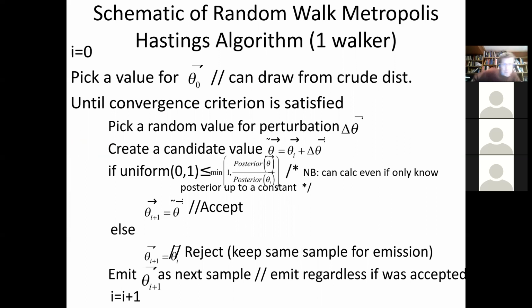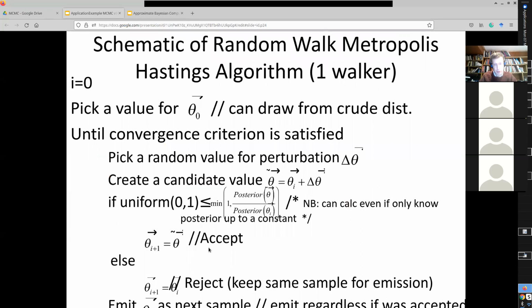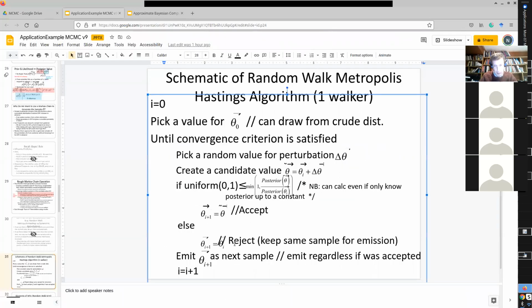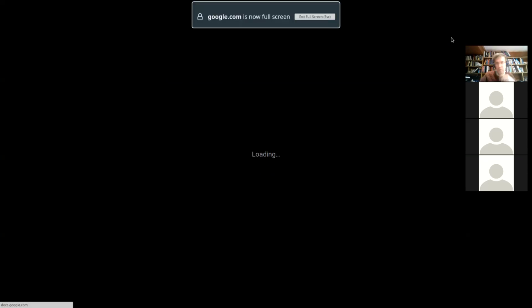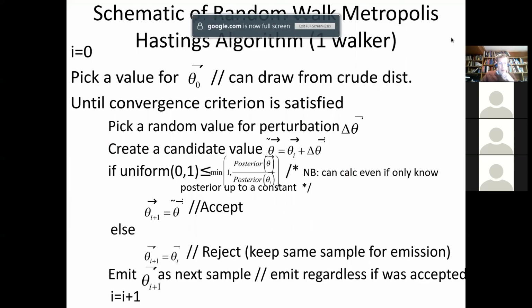Okay, so this is it in a little bit more detail. And oh my gosh, sorry, somehow my formatting got butchered in converting this to Google Slides. Okay, so